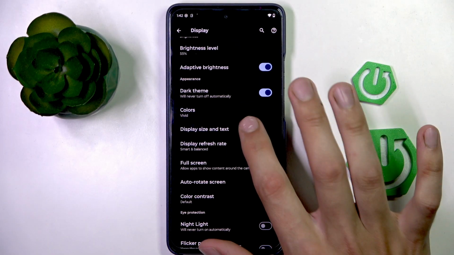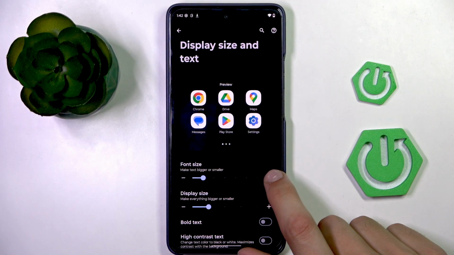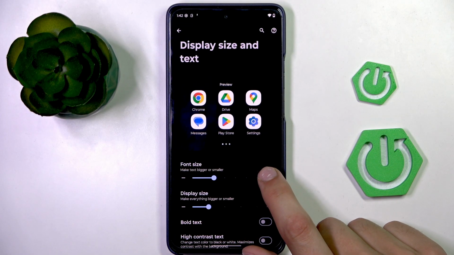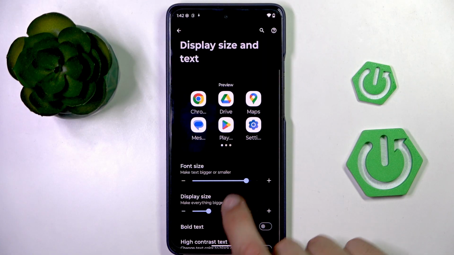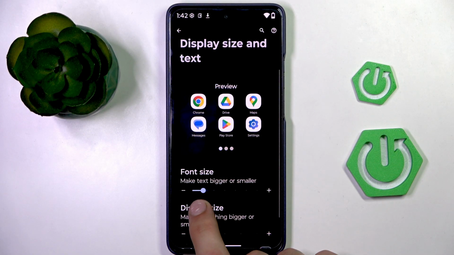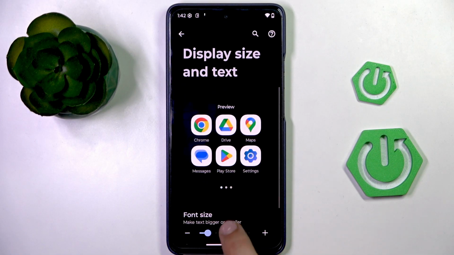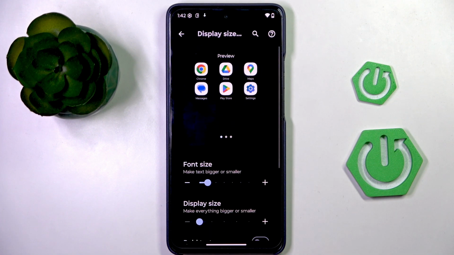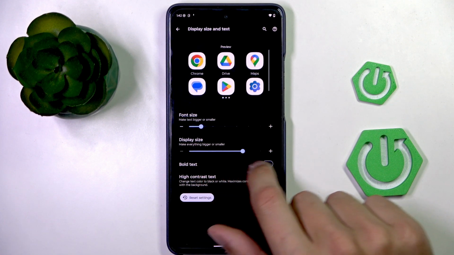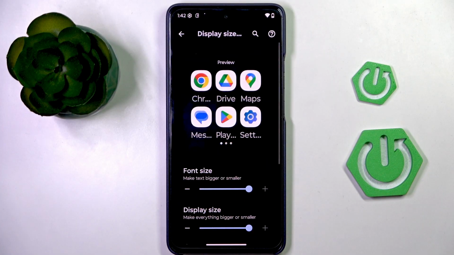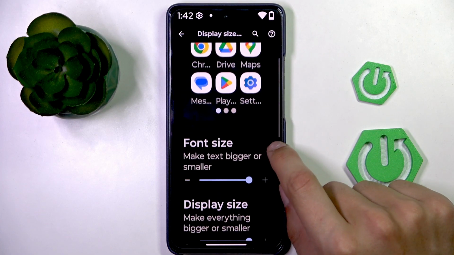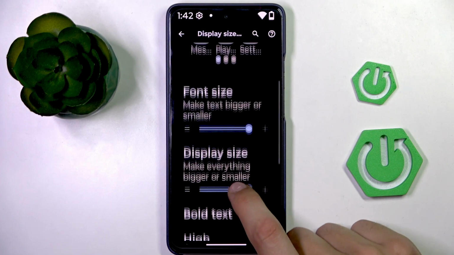Another thing you can change is the size of your text. For example, look here, you can increase the font size like such. You can change display size to increase the size of icons and text too, as a matter of fact. So if you change them both to be maximum, they will be quite large and really helpful if you have